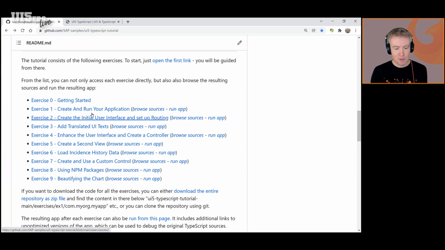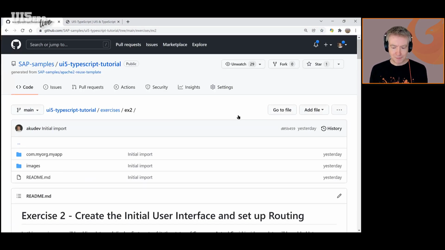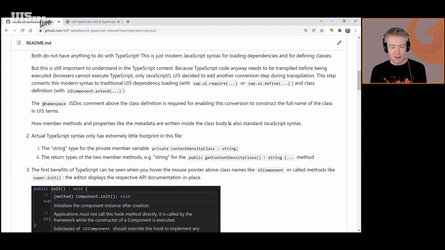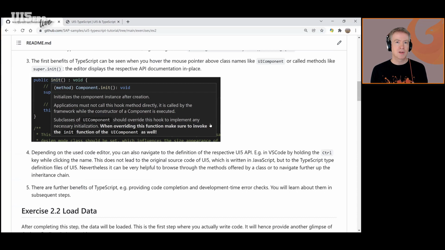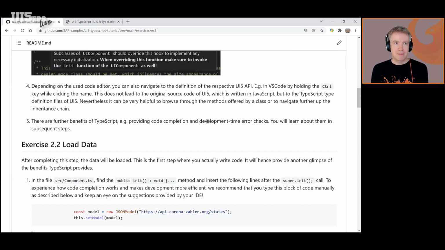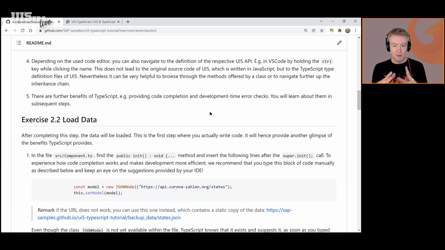So it's really showing you what you gain from TypeScript. It's showing you that you get code completion here and errors are displayed there, and you can do a quick fix to import things. So it shows you how you will be supported by TypeScript in development. But I think when you have gone through this and you really continue implementing this app, you will notice even more what TypeScript gives you.